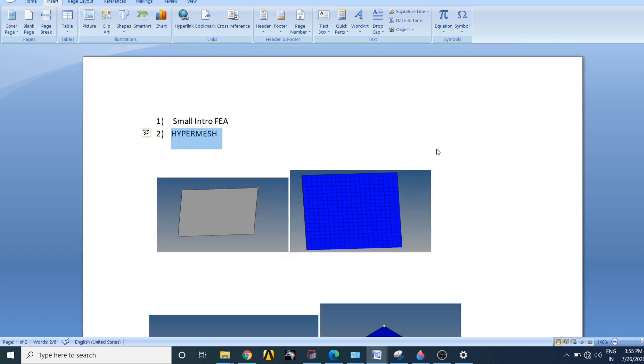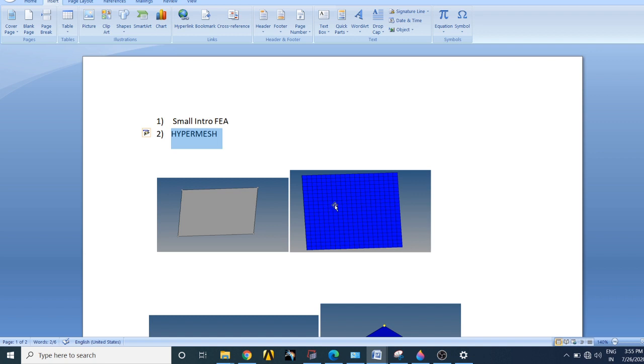I have considered one example for Hypermesh modeling. Here on the left side is the CAD data. When I imported this CAD data into Hypermesh and meshed it, on the right side this is the result I get. Basically, I have divided this CAD data into a number of small elements.